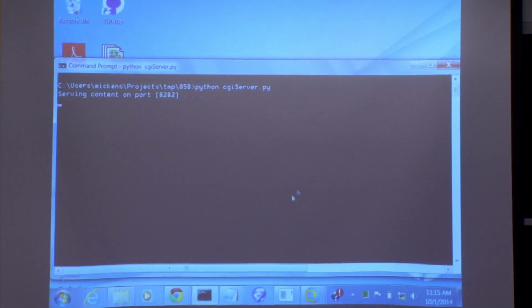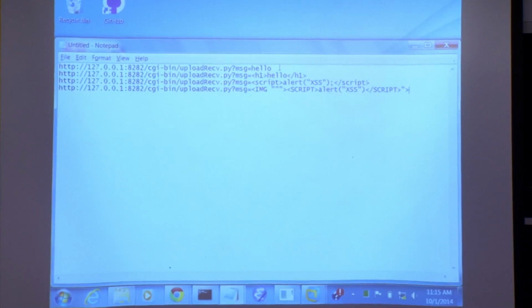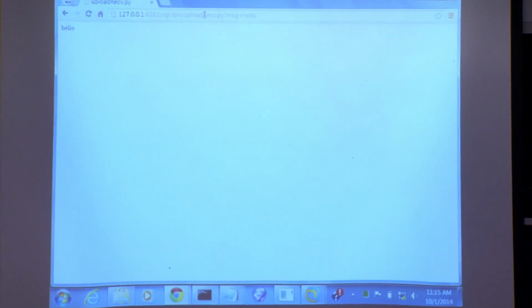So what can happen is as follows. Let's say that I have a bunch of queries I want to run. In this first query here, I'm just setting the message value to hello. So if I go over here and I run that page, well, then you'll see that this hello shows up, right? Because once again, the server was taking directly what I passed to it, and it prints hello, right? So no big surprises there.